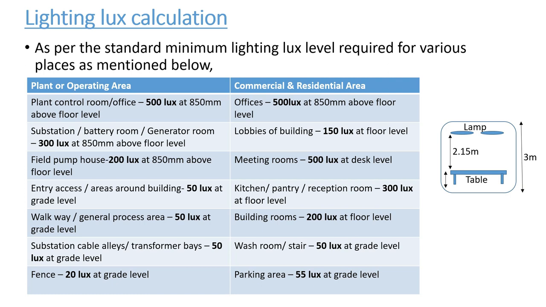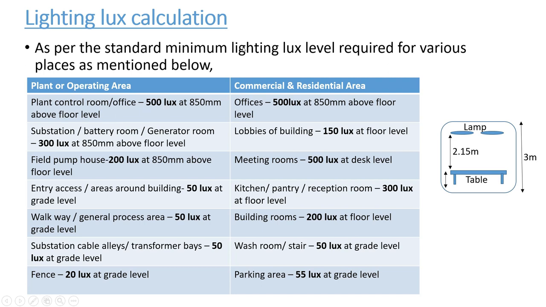and areas. Suppose you are going to do the lighting system for a process or operating area, or a commercial and residential building. They have given two different standards, so based on that you have to select. For example, for the process or plant area, I'm going to do the lighting system for a control room or office in the plant. That room requires a lighting brightness of 500 lux at 850 mm above floor